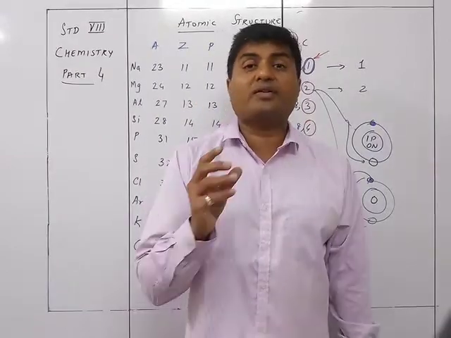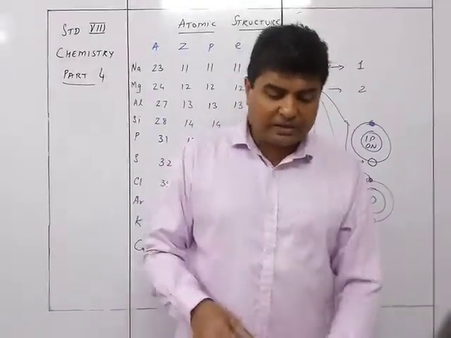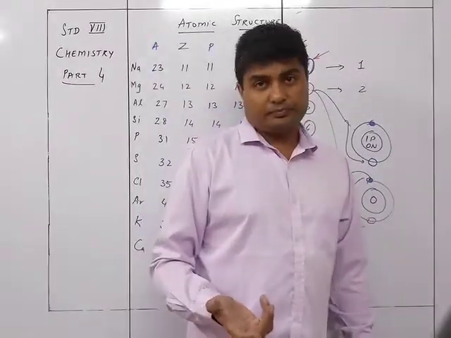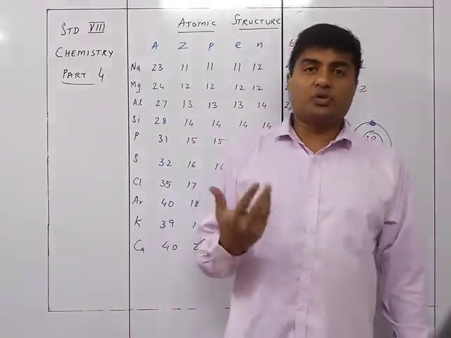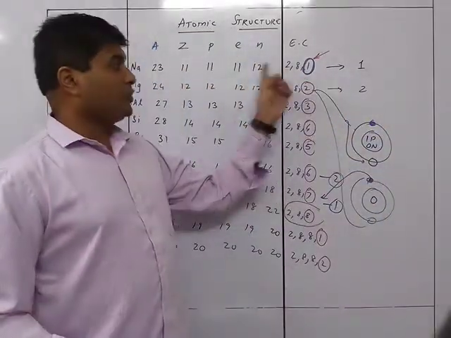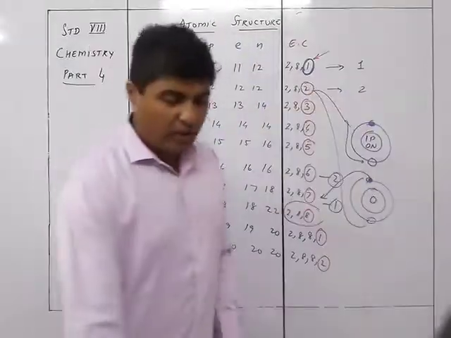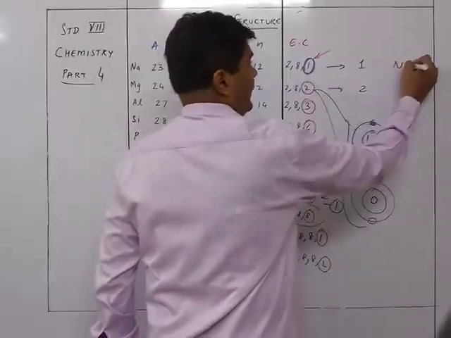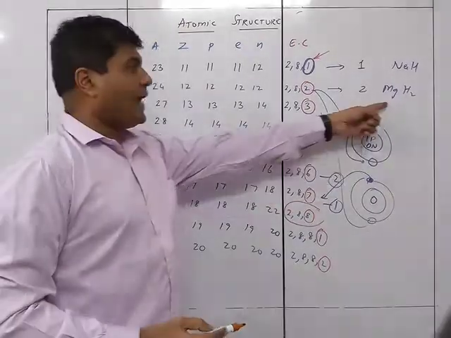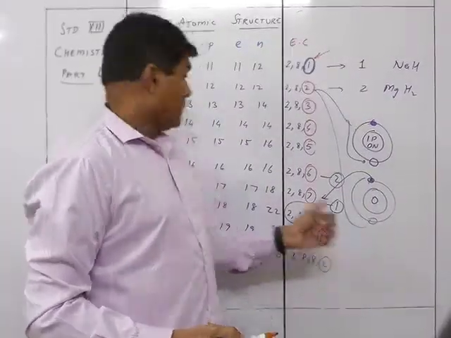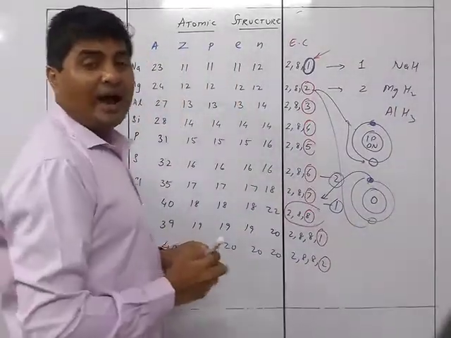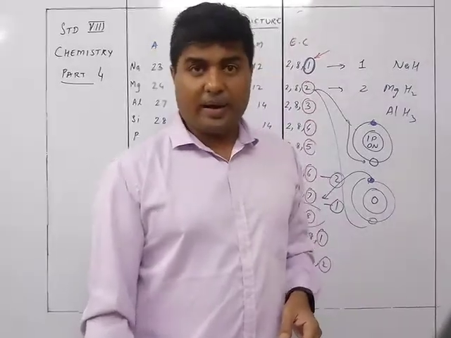with one atom of an element or radical, forming a compound. How many hydrogen atoms will it need to form a compound? That is the valency. Here it requires only one, so the formation will be NaH. Over here it will be MgH2, because two hydrogen atoms will be required. With aluminum, it is 3, so it will be AlH3, right? Because 3 hydrogen atoms will be required for one aluminum atom.